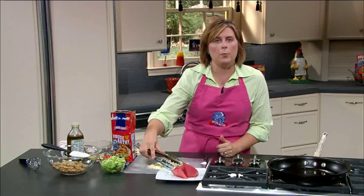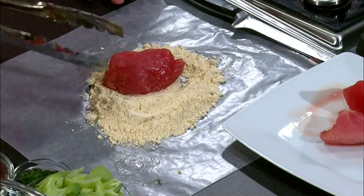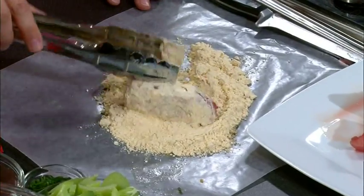On our final, you'll be able to see it's almost medium to well. So it's not quite as rare as some like it. And you can adjust that depending on whether other people in your family might like it one way or the other. So we're going to take our tuna and we're just going to dredge it in our breader here,